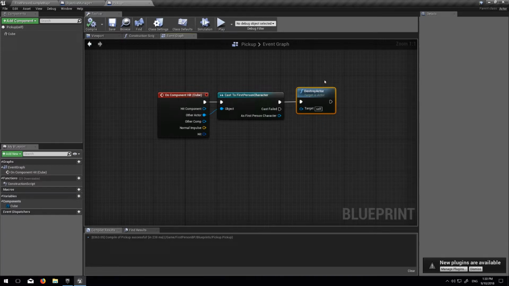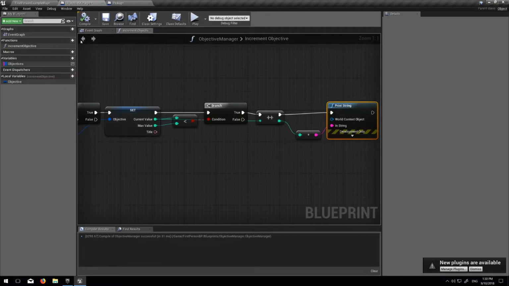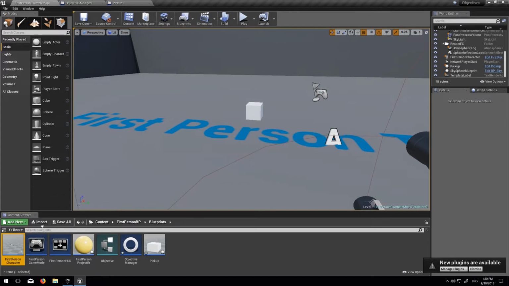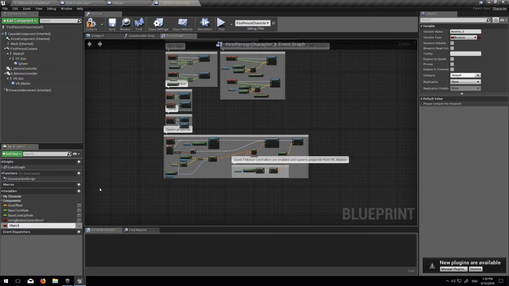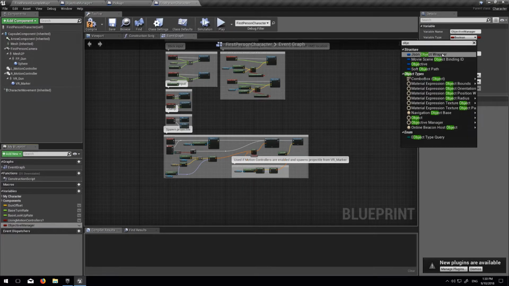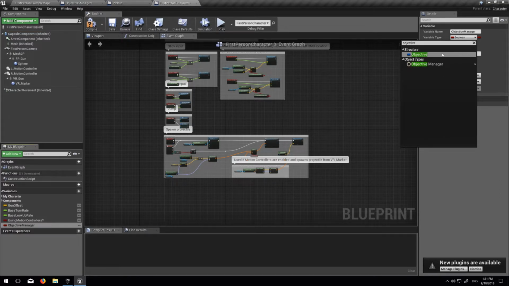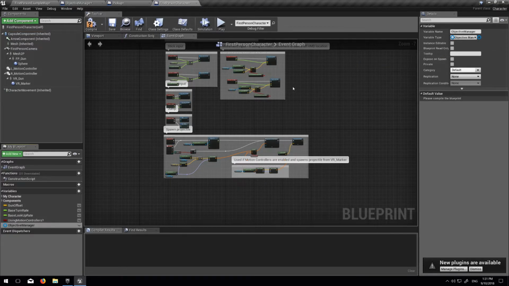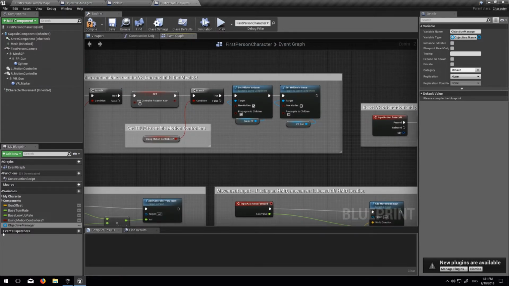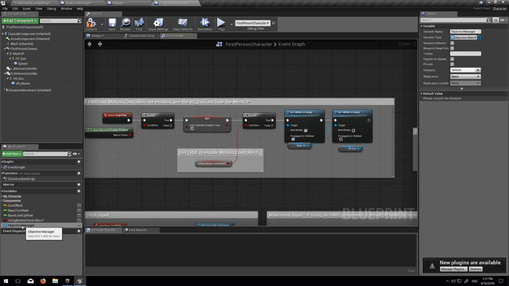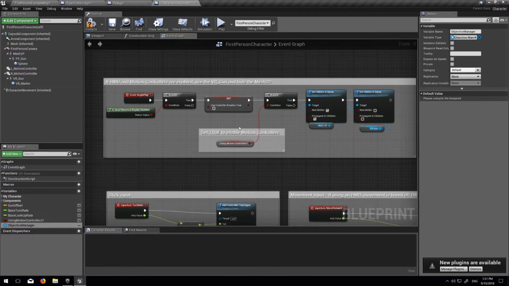what we're going to do now is add a reference. So we're going to add an objective manager to this character so that we can do stuff to the objectives. So if I go inside the character, I can add a variable, call it objective manager, change its type to objective manager, and now all we have to do is construct that object, because that's just going to be an empty reference if we leave it like that. So